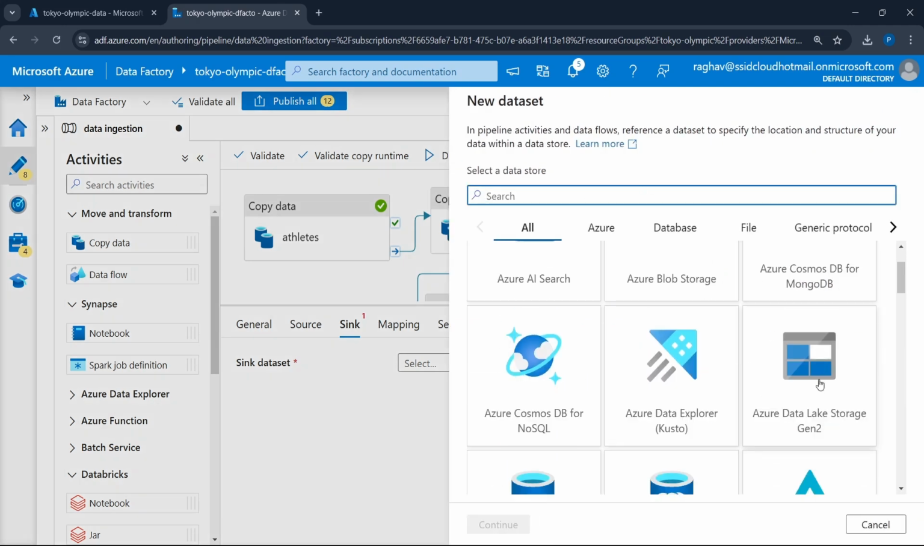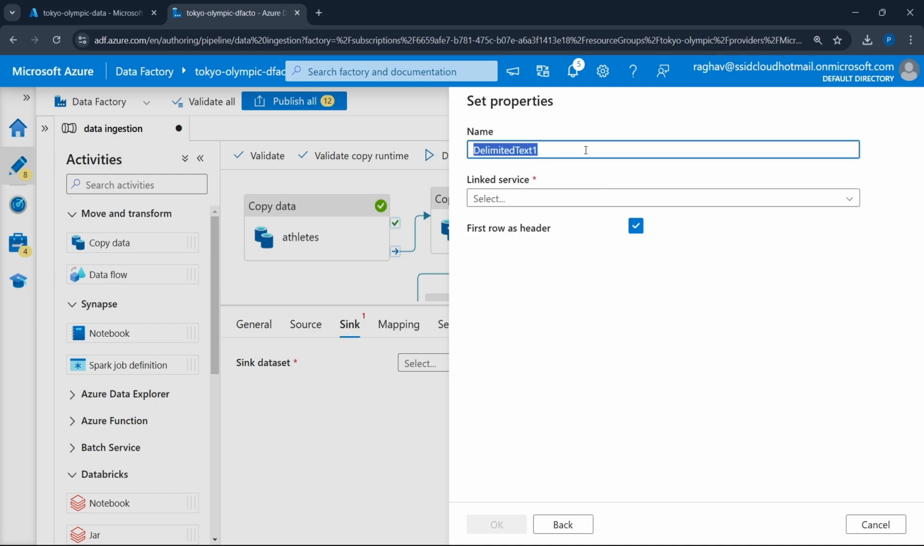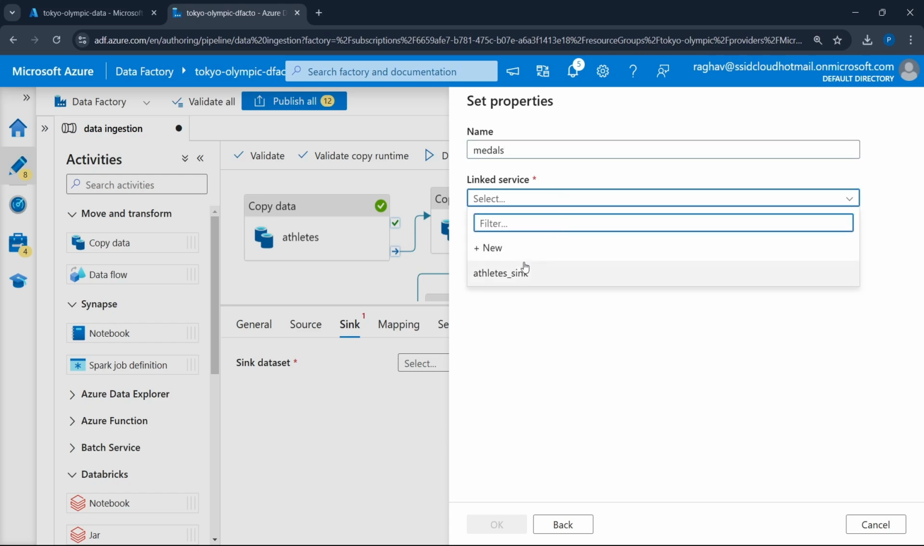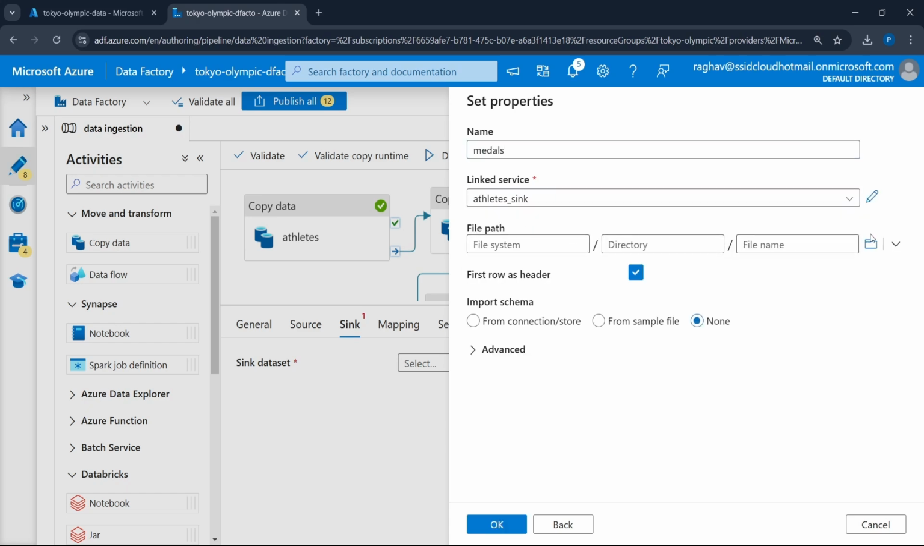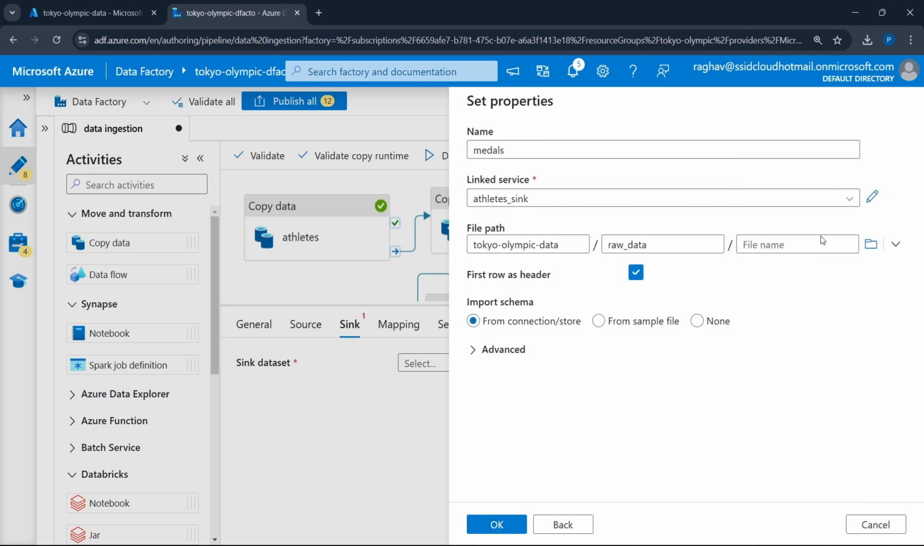Create sink. New sink. Data lake. Continue. CSV. Continue. Give it medals. And let's select the linked service. Let's select the file path for the folder path, raw data, and okay, let's give